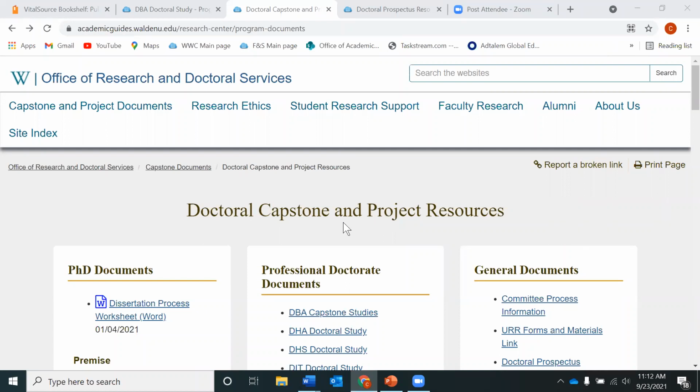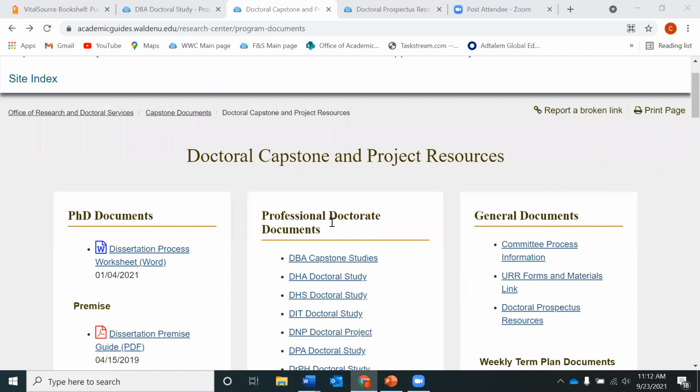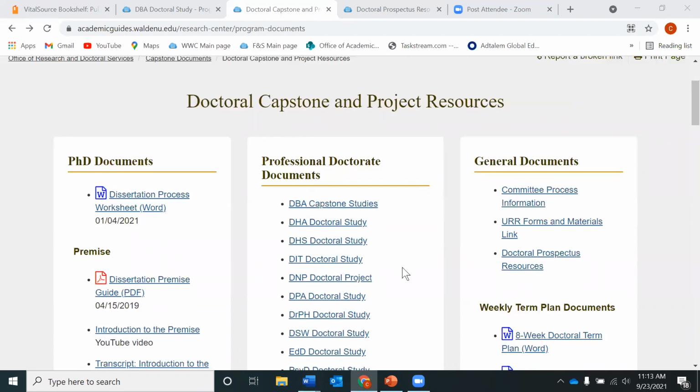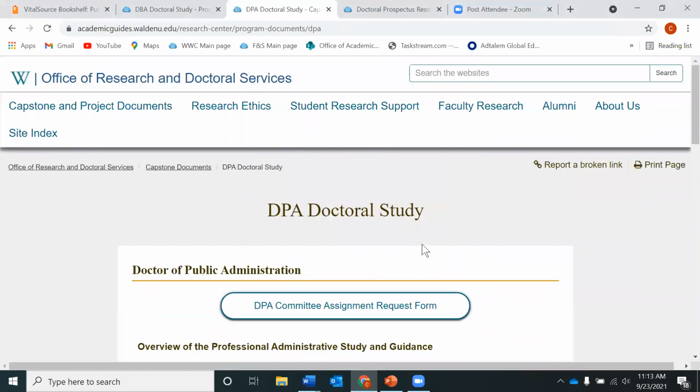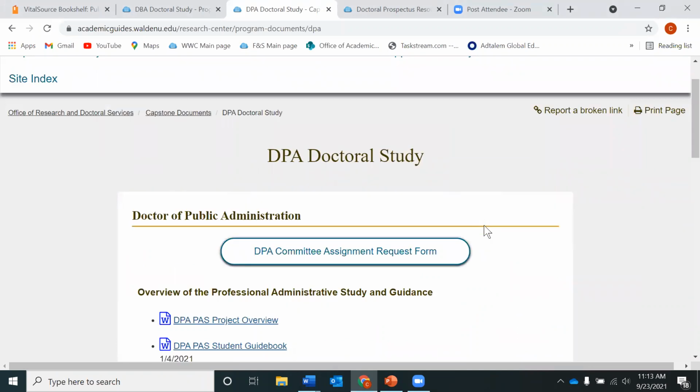This is a general doctoral capstone and project resources landing page for all of the programs. Now, if you're in one of the professional doctorate programs and you were looking for your checklist, you'd find your program here in the middle. So let's just say for purposes of demonstration, I won't show the checklist in detail here, but let's say you're a DPA student. So we go into DPA doctoral study, and there's a lot of information here,